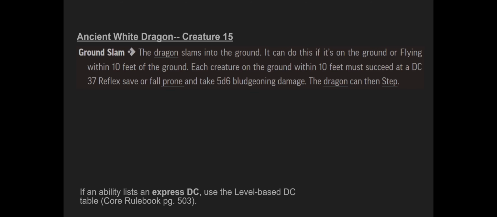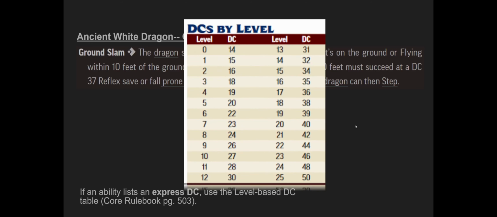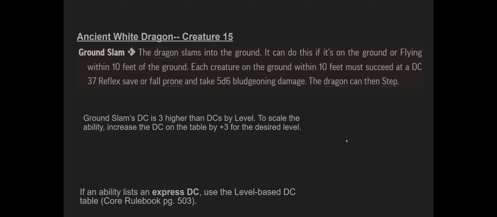And this is where our second tool comes into play, the DC-by-level table. So if we check our DC-by-level table and we go to the DC for level 15, we see that we're given a DC 34, which is 3 less than the DC 37 Reflex save in Ground Slam. So now we know that if we wanted to scale this ability, all we need to do is add 3 to whatever level we are shooting for. So continuing with our upscale of a Hodag,